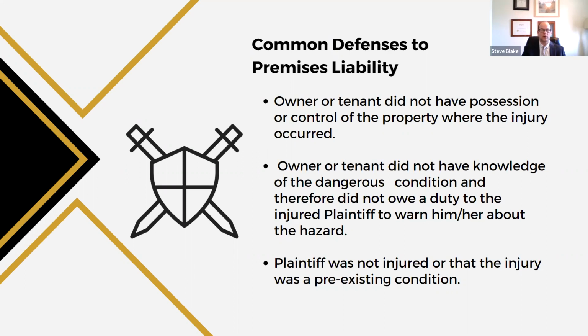So another important thing to look at when you're faced with a premises liability claim is exactly where did this injury happen? And what do the leases at the property say about who has control of that specific piece of the property? Another defense to a premises liability claim is that the owner or tenant did not have knowledge of the dangerous condition, and therefore they did not owe a duty to the injured plaintiff to warn him or her about